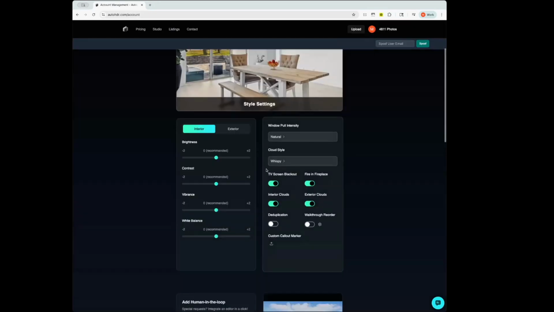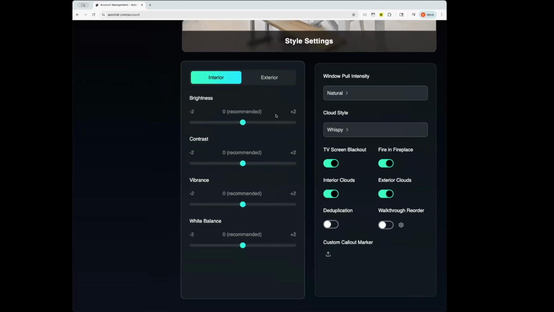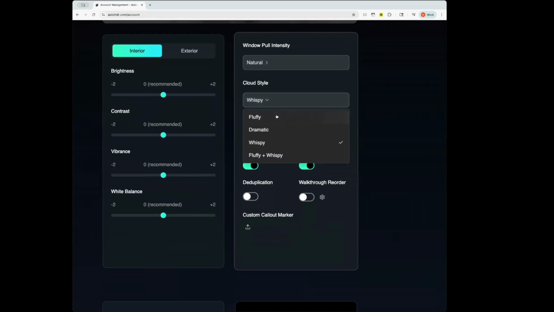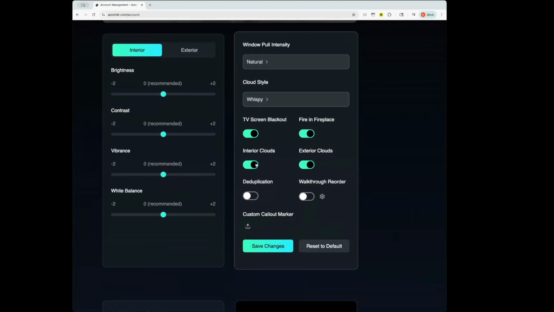So, we have a few things. You can change your style settings on an interior and an exterior basis, really get the granularity there. You can change the intensity of your window pulls. You can change your cloud style settings. You can turn on TV blackout, fire in the fireplace. You can choose whether or not clouds are in your interior windows or your exteriors. And then we have a few other cool customizations like